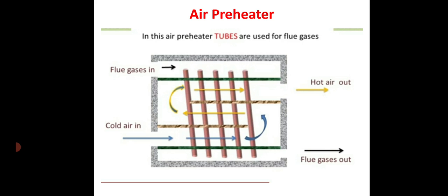The air is passed through the tubes of the heater internally, while the hot flue gases are passed over the outside of the tubes. Now the advantages. The preheated air gives a higher furnace temperature, which results in more heat transfer to the water and thus increases the evaporative capacity per kg of fuel. There is an increase of about 2% in the boiler efficiency for each 35 to 40 degree centigrade rise in temperature of air. It enables a low grade fuel to burn with less excess air.